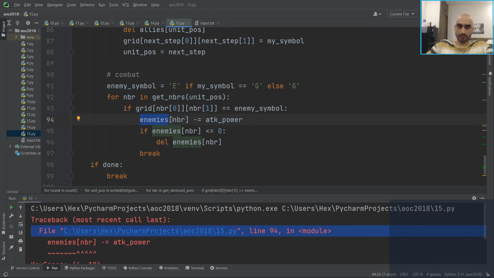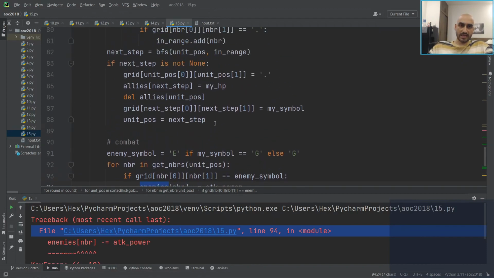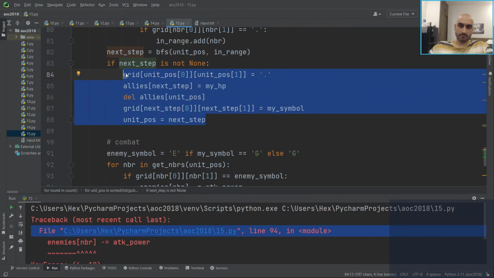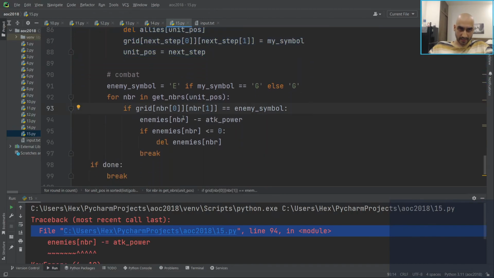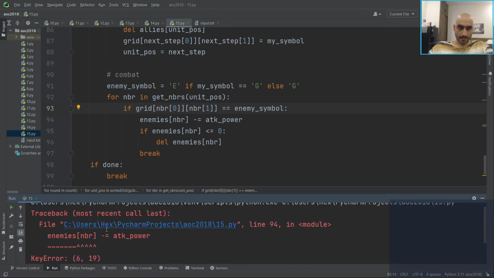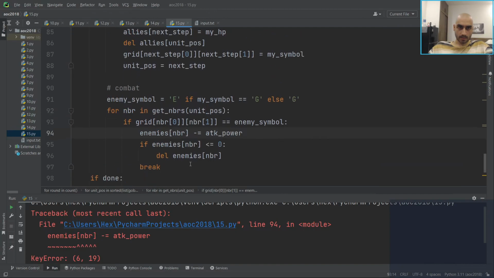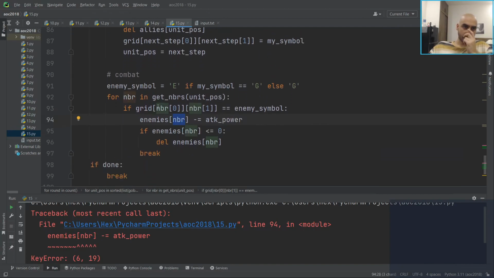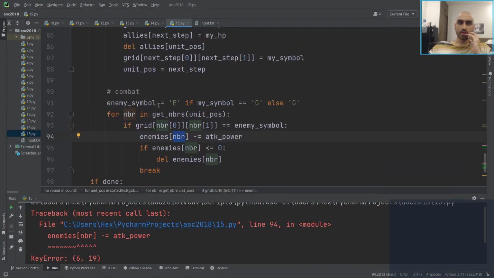How could that happen? That can only really happen in this step here, because this is the atomic operation where we update both the grid and the unit lists. Have I done this right? Well, is that definitely what happened here? Key error 619. Yeah, so it's saying it can't find this neighbor, but the symbol